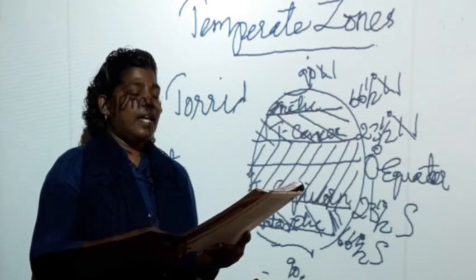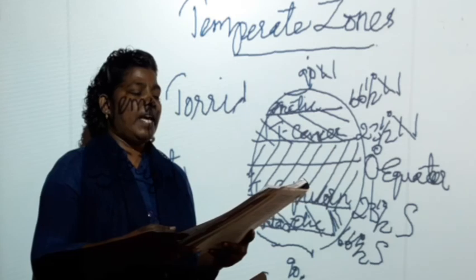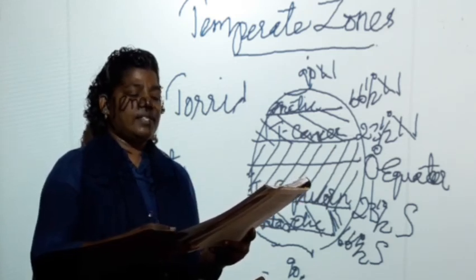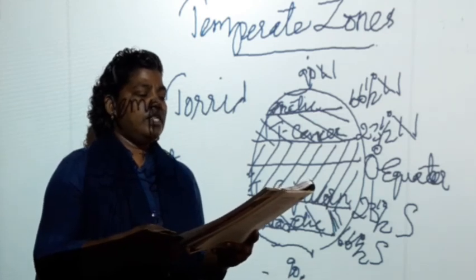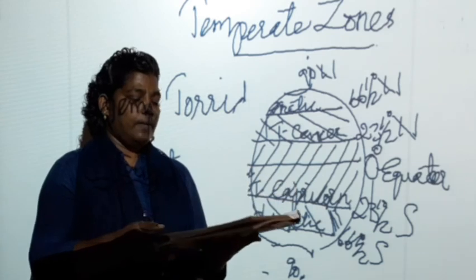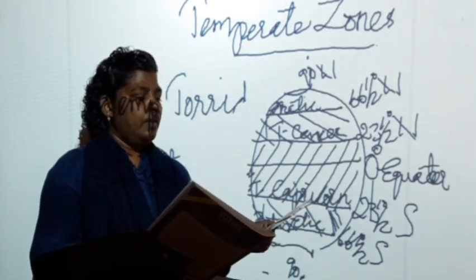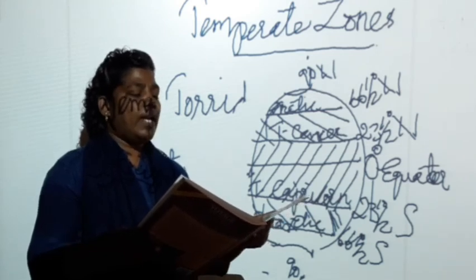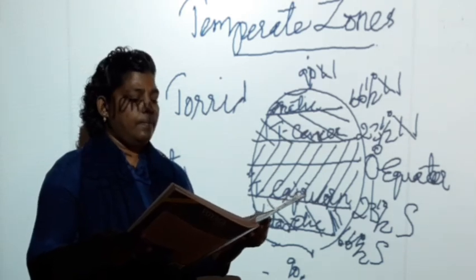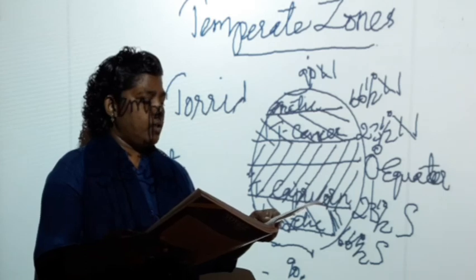Then come to the same page, next side, second paragraph. The para begins like this: "Latitudes or vertical north-south lines that run." From that para till the next para end, 40 degree west, that is C8 question. Then come to the next page, the tabular column, longitude and latitudes, you can mark for C9 question.